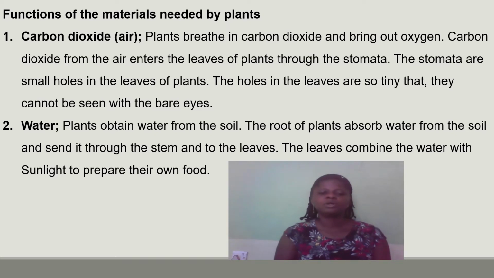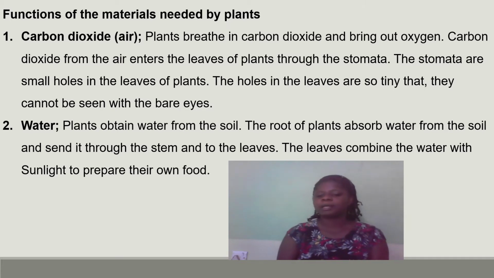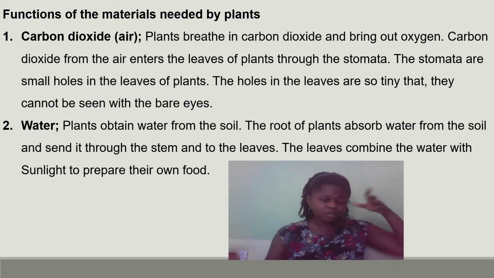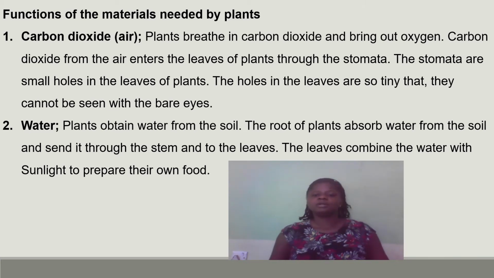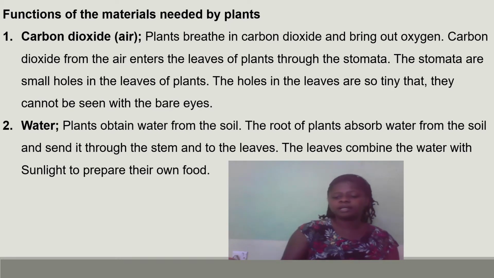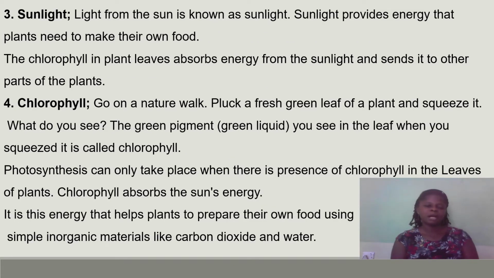When it comes to the water, the plant obtains it from the soil. The roots are the part of the plant that absorb the water from the soil and then send it to the other parts of the plant, which the leaf will use to combine with sunlight to prepare the food that the plants need. Now when you come to the sunlight,